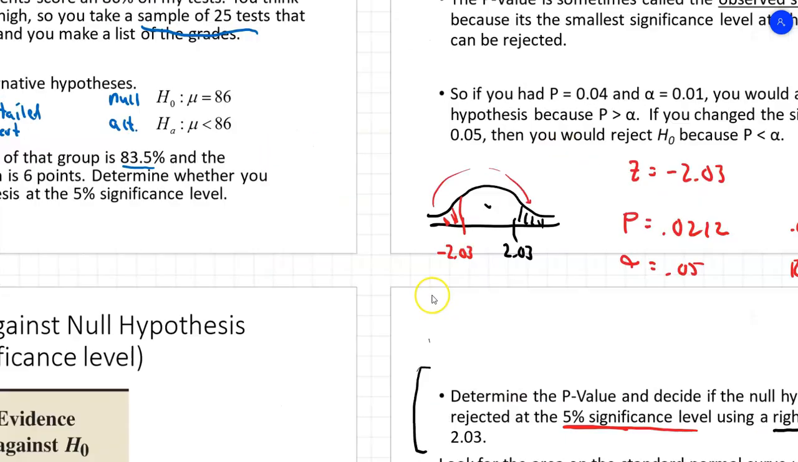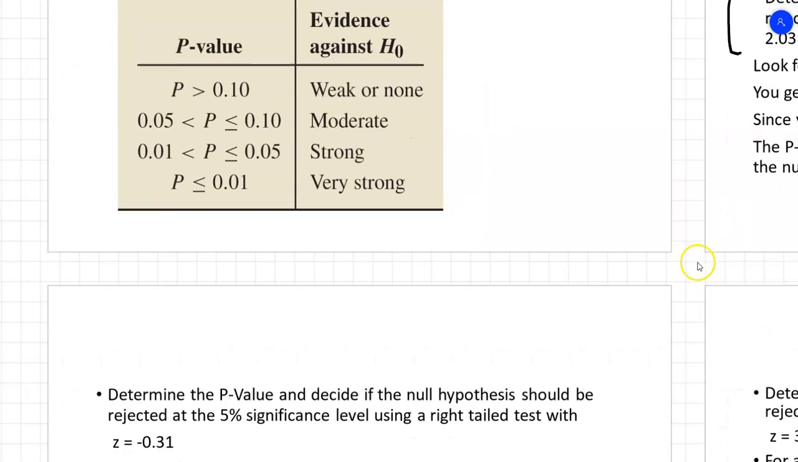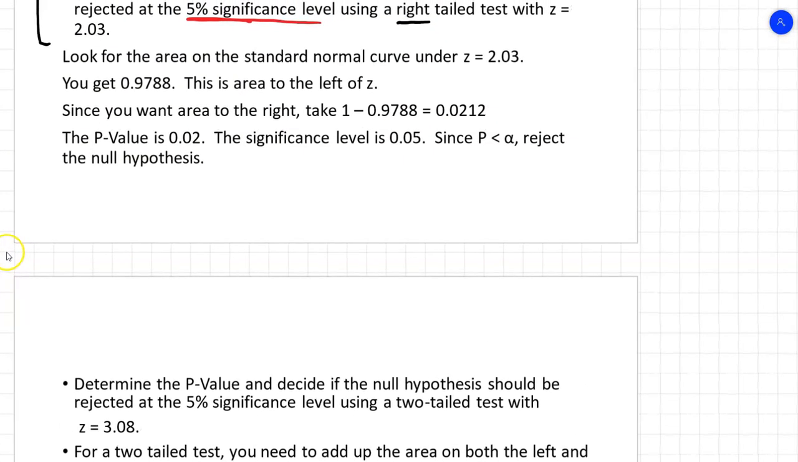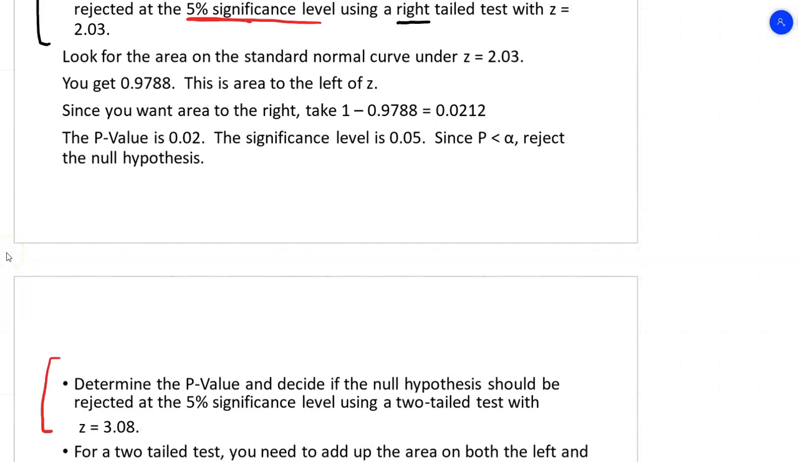All right, here comes the interesting case. And that is, what do I do with a two-tailed test? Okay, so let's determine the p-value, decide if the null hypothesis should be rejected, 5% significance level, two-tailed test, z-score of 3.08. So now what I've got to do for a two-tailed test is add up both